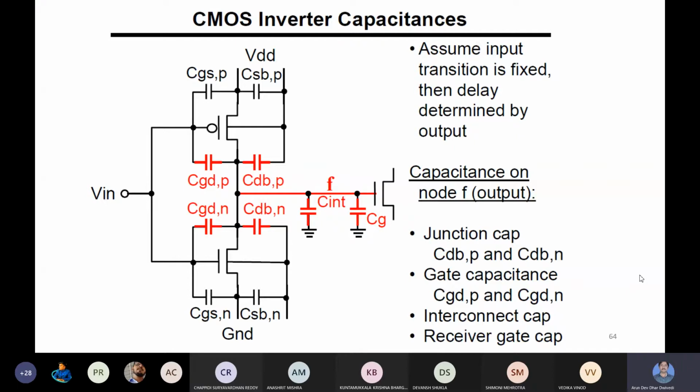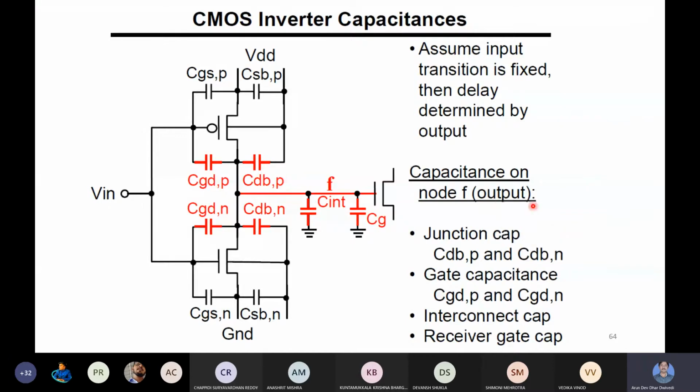To analyze various performance parameters, one parameter is delay. To understand the delay of the CMOS inverter, first we understand what the capacitances connected to the output port are, which we already discussed last time. Briefly, there are CGDP, CDBP and CGDN, CDBN, the interconnect capacitance, and the gate capacitance of the next stage that is connected. All these capacitances are taken into account, and then we can take a single capacitor as a load.